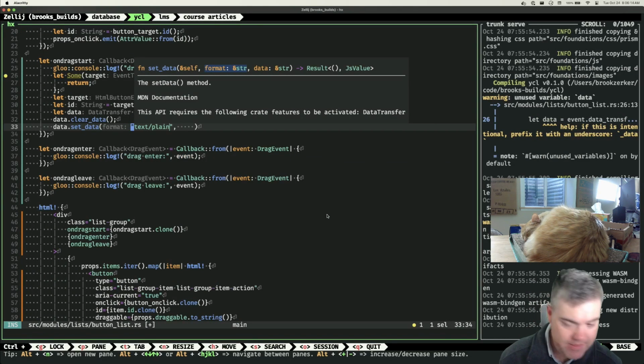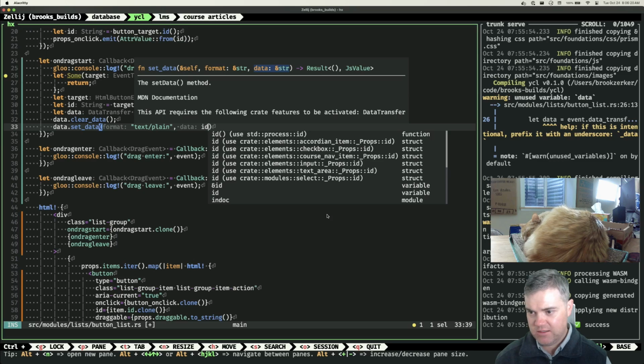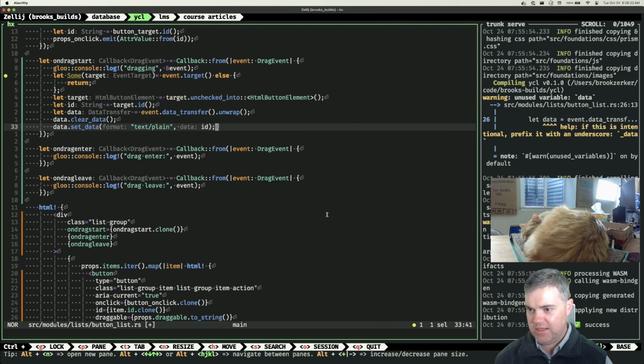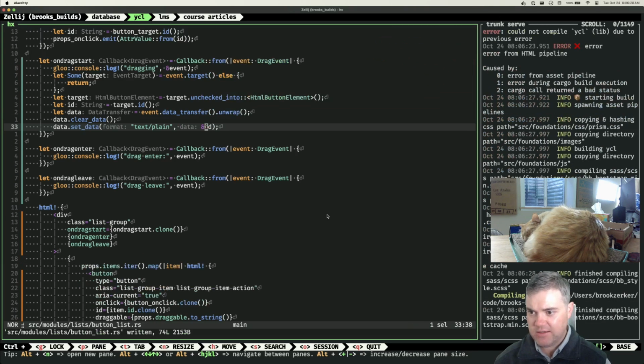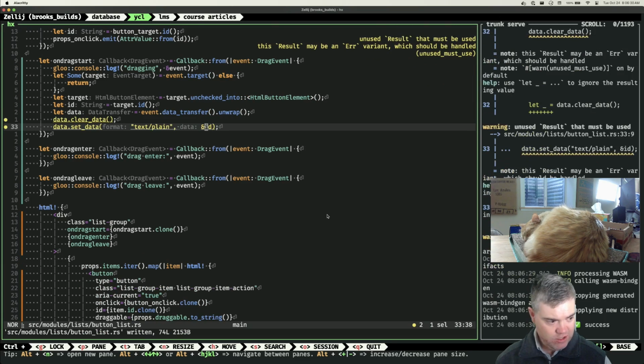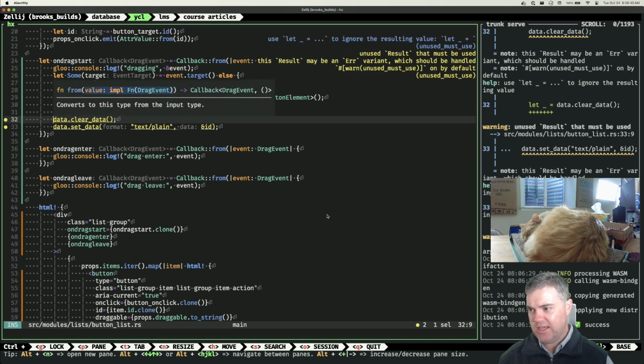Okay. Cool. So text plain, and then we put the ID in. So ID goes in here. And do that. Okay, so now the data's been set. You need to be a str. That's fine. We can do that. Okay, so you need to be the str. You'd assume any mime type. Okay. Oh, I think I read somewhere that you can do. Ooh, okay. So,